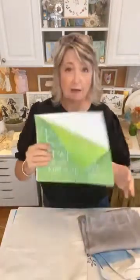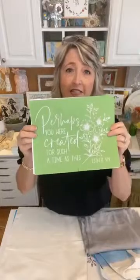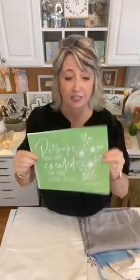We're going to use this beautiful stencil, and I'm going to talk a little bit about sharing your faith in your everyday activities. And this is a verse from the book of Esther, chapter 4, verse 14, that says, "Perhaps you were created for such a time as this." I'm going to use gray ink. I've got a whole gray theme going here, but this is a super easy project, and I think you're going